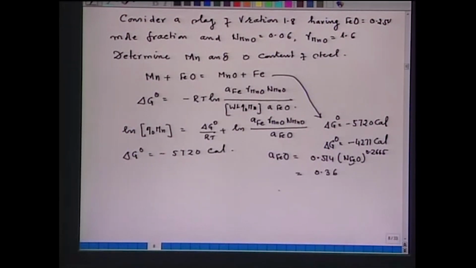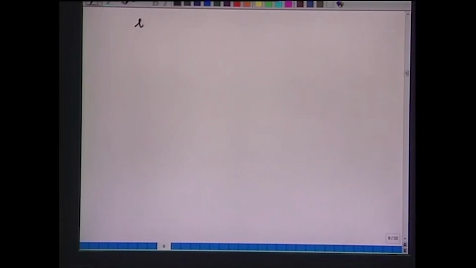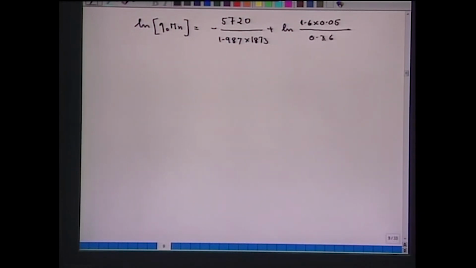Delta G naught is known to you, and R we substitute 1.987 in the respective unit. T we take 1873 Kelvin, and then we calculate, for example, say Ln percent manganese, that will be equal to minus 5720 upon 1.987 into 1873 plus Ln 1.6 into 0.05 upon 0.36. If we solve, then we will get percentage manganese, that is equal to